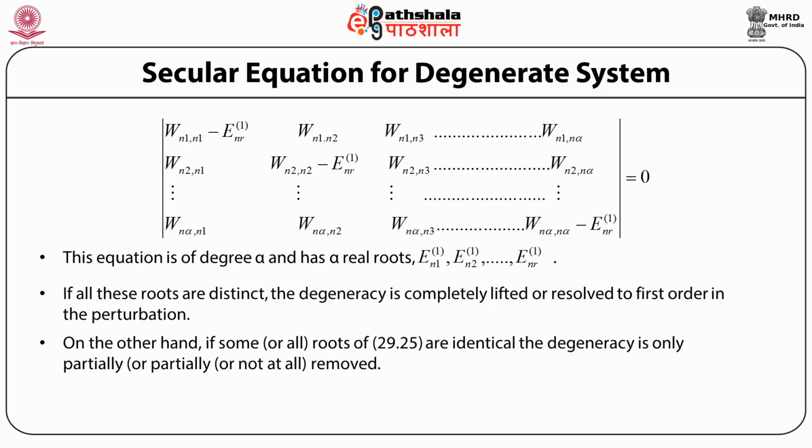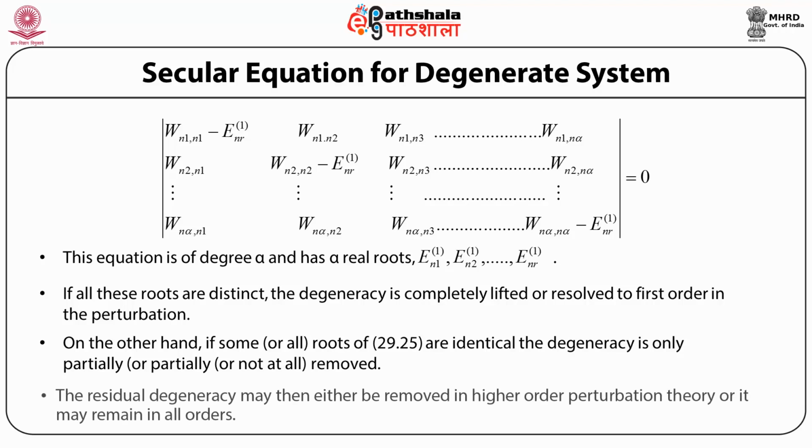On the other hand, if some or all roots of 29.25 are identical, the degeneracy is only partially or not at all removed. The residual degeneracy may then either be removed in higher order perturbation theory or it may remain